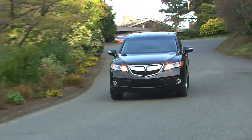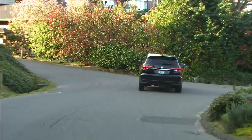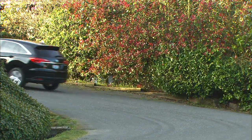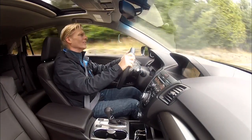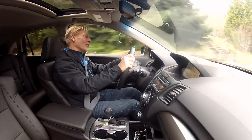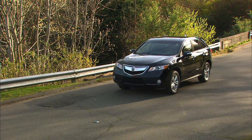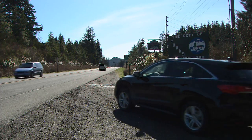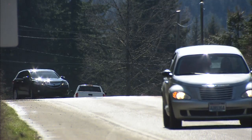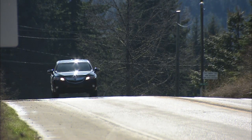RDX handles very well, not as crisp and nimble as before, but most buyers will prefer the substantial and comfortable dynamic. Acura engineers have done a good job of keeping the cabin quiet. There's much less road noise now. Good road trip vehicle. When it comes time to stop and take a photo, RDX is very capable and secure. On a long drive from Seattle to visit Evil Twin in the land of Twilight, this crossover is very comfortable